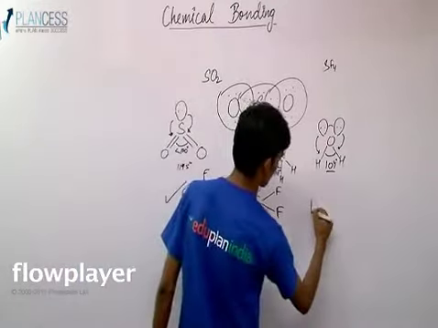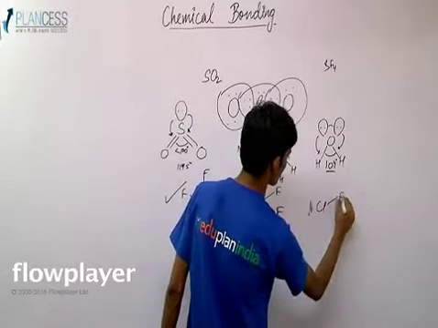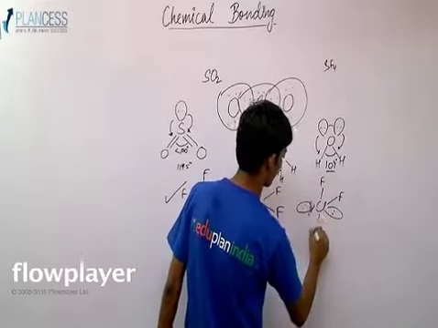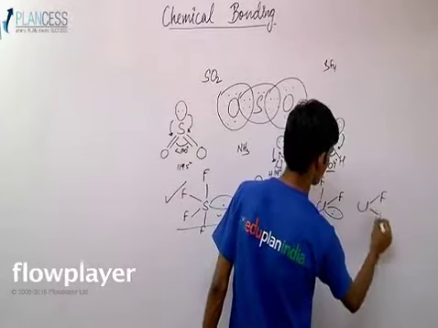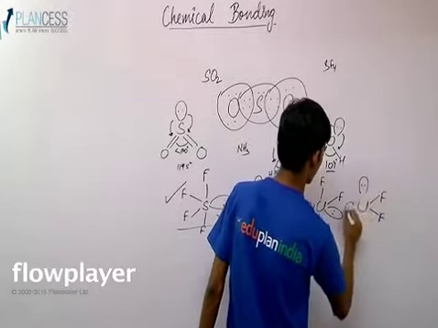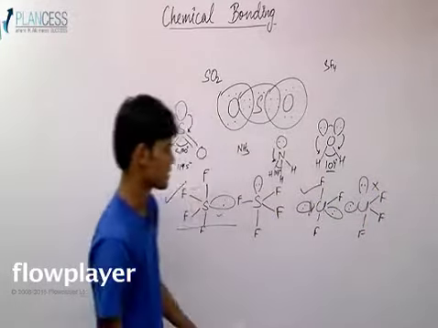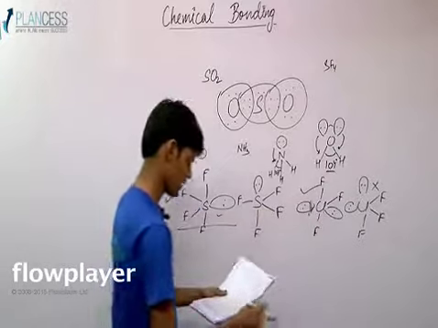So the correct structure for ClF3 would be this, where the two lone pairs are present here, and not this, or something like this, where one is here, one is here, one is here. So this is the wrong structure, and this is the correct structure. This one is more stable because of the larger